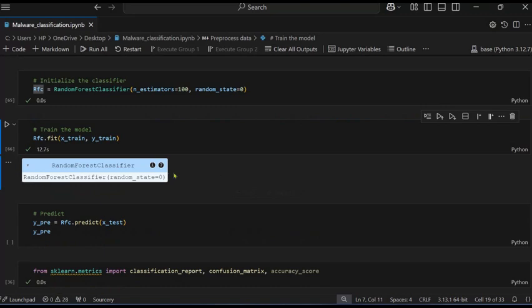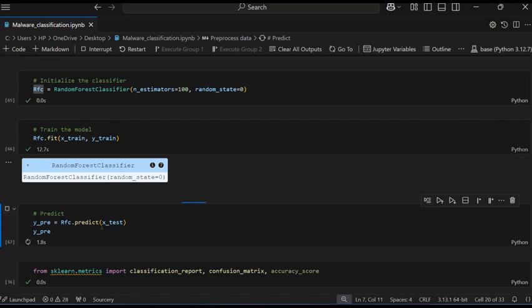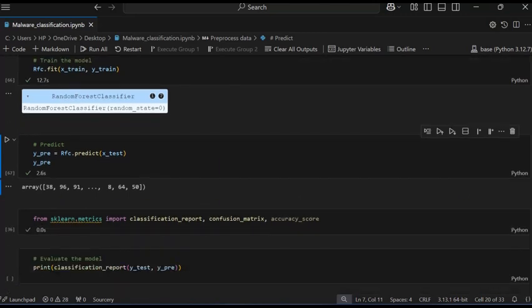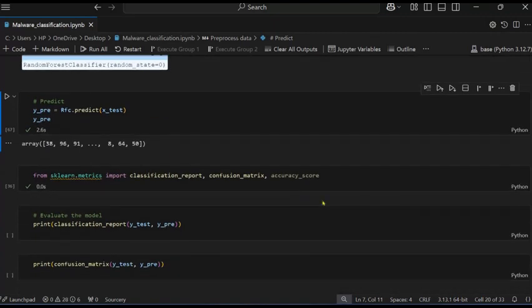So it shows the random forest. Now after training, now predict the data. So it gives the 3,000 predictions in array format. Now next one is using sklearn.metrics where we use the classification report, confusion matrix and accuracy.